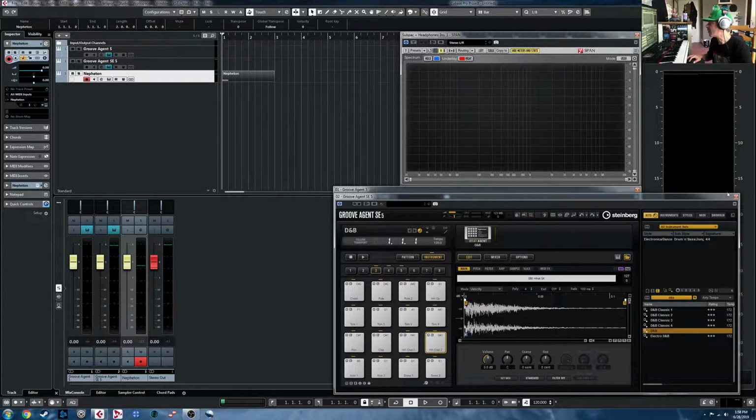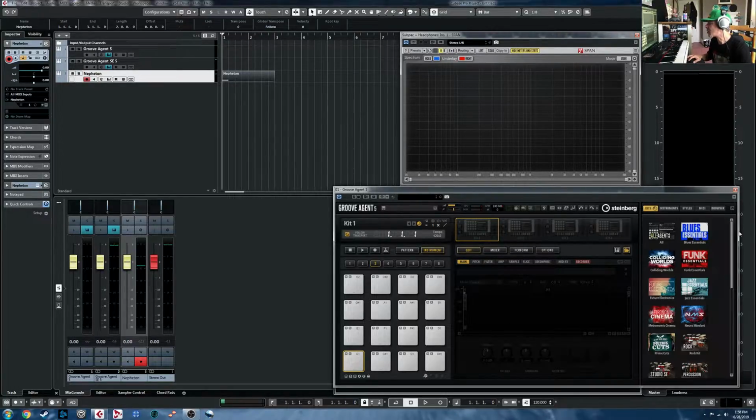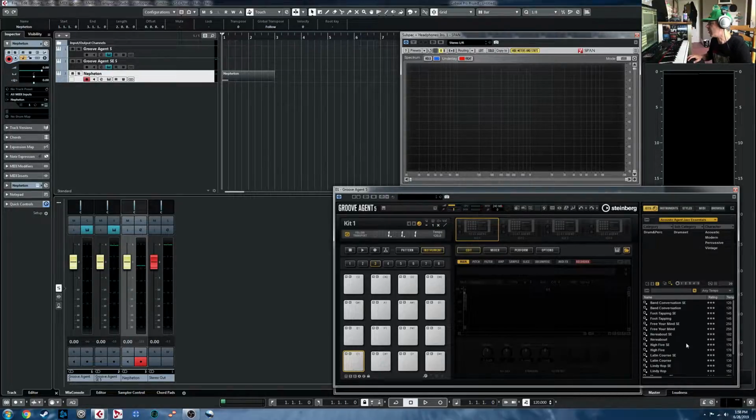So let's switch back over to the full Groove Agent now. The Latin style actually comes in this Jazz Essentials expansion, and it's the style for a kit called Latin Course. So if we open this one up,